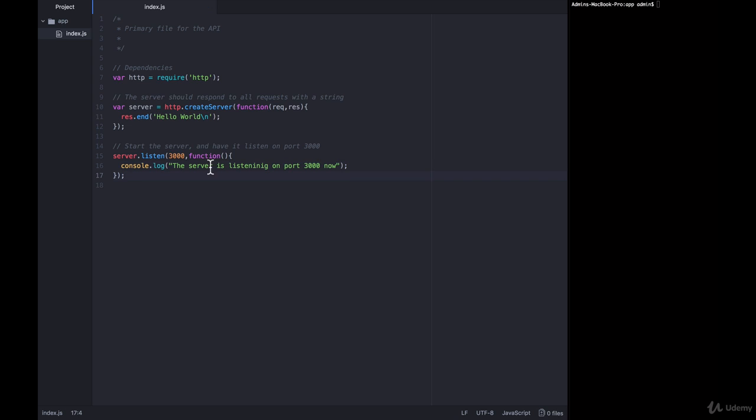So we have these two really simple functions. The first one defines the behaviors of the server. We are creating the server and then saying that it should respond with a hello world. And then second, we are telling it to listen on port 3000. Let's go ahead and run this program